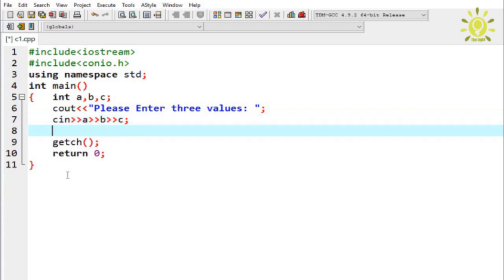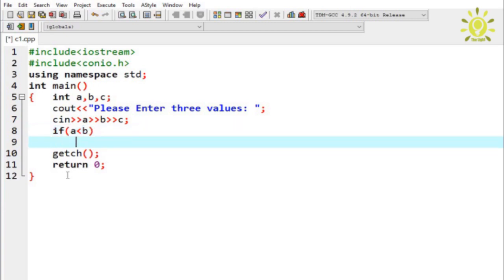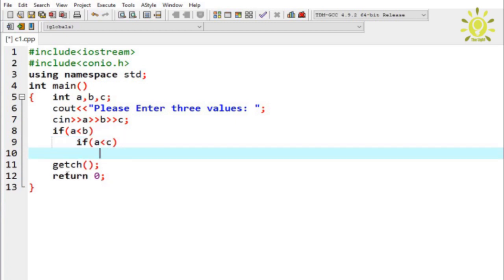Terminate this and now use an if condition: if a less than b. So control moves into the inner if and checks if a less than c. Here it will display on the screen cout a is smallest number.